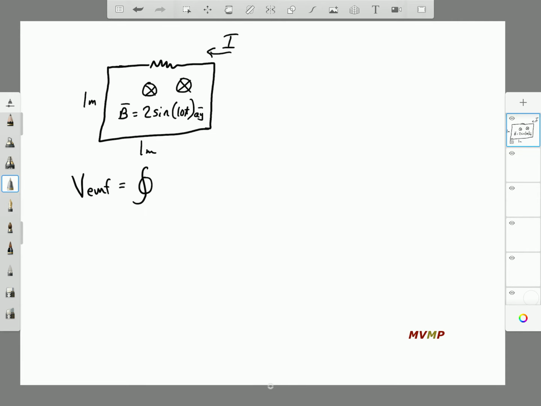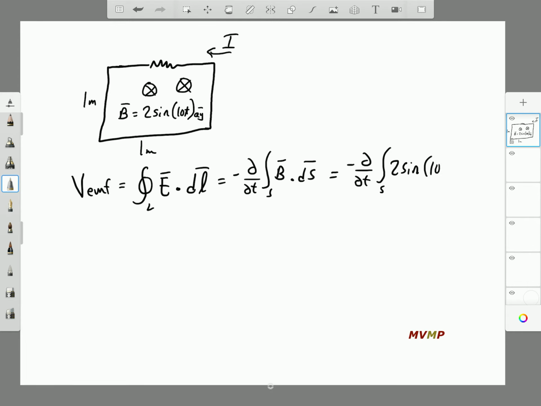which is just the electric field times dl, which is the negative derivative with respect to time of the surface integral of the B field times ds, which further simplifies to 2 sine 10t dx dy. So what we are going to do is